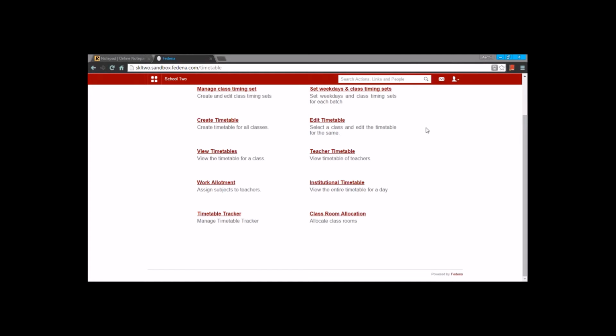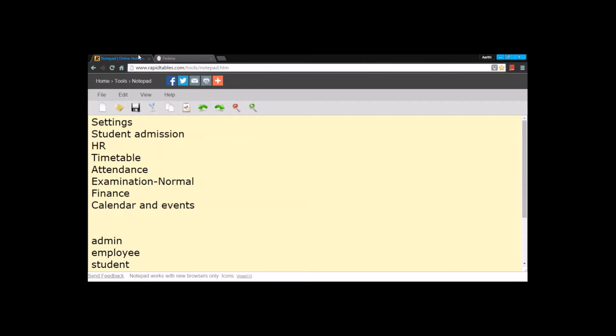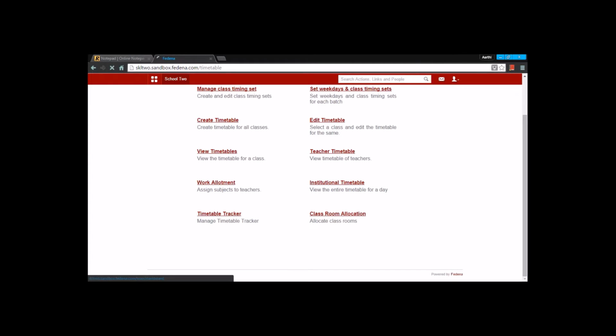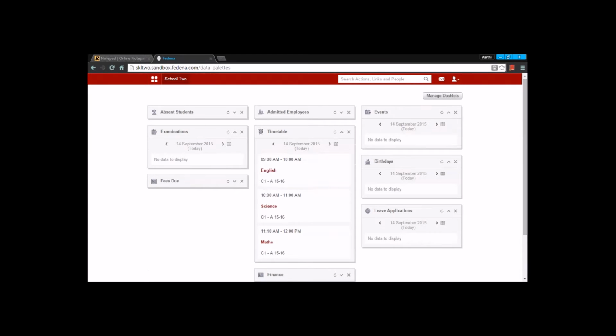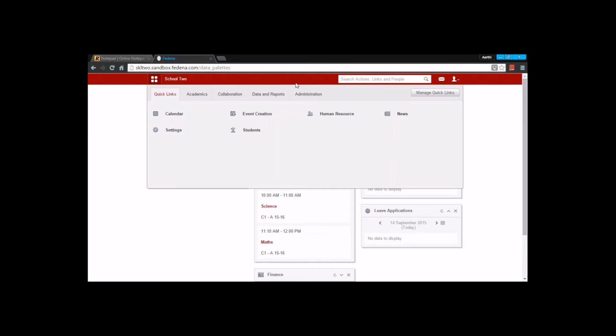Right now we are done with the timetable module in Fedena. Let's move forward to the attendance module. Before we begin with the attendance module, there are two different types of attendance in Fedena. One is daily wise attendance, the other is subject wise attendance. So if the institution has daily wise attendance